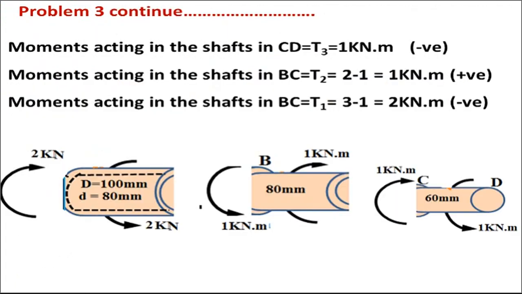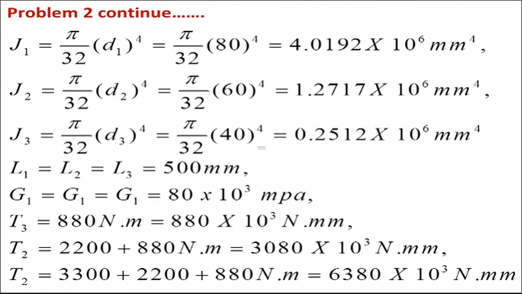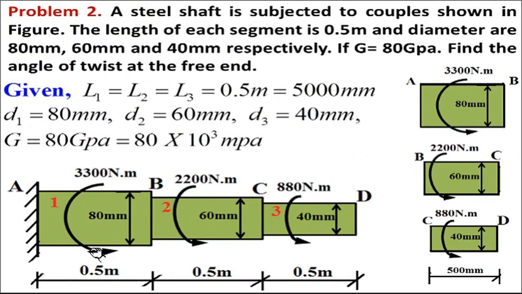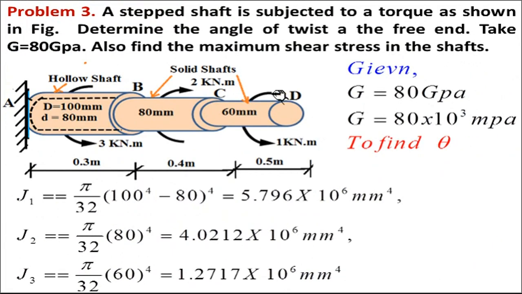Now here the important thing: observe all the torques. In the previous case, all the torques were in the anti-clockwise direction. Now here you can see in this problem, all the torques were in one direction, so that's why we added them. But now here you can see this torque is anti-clockwise, this torque is clockwise, again this torque is anti-clockwise. So whenever such torques are applied in opposite directions, you should consider their effects. So this torque is applied like this, meaning you have to cut all three parts separately.